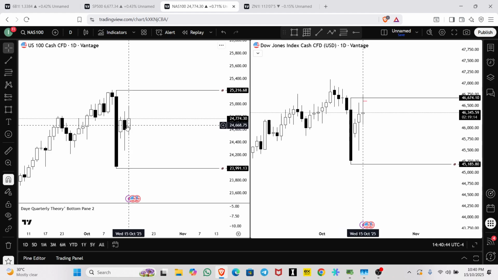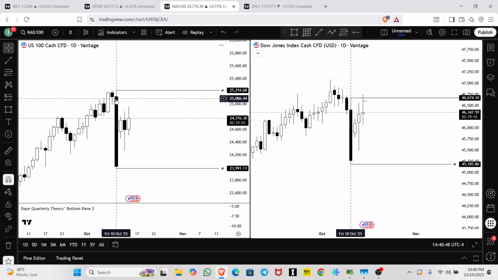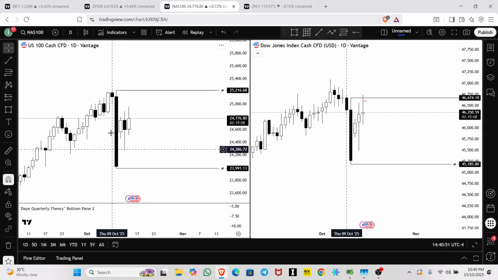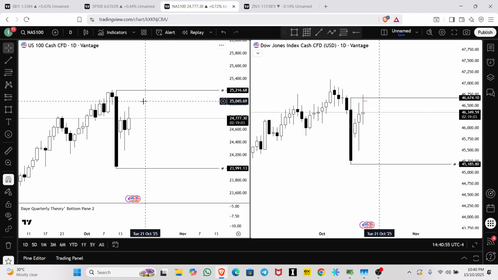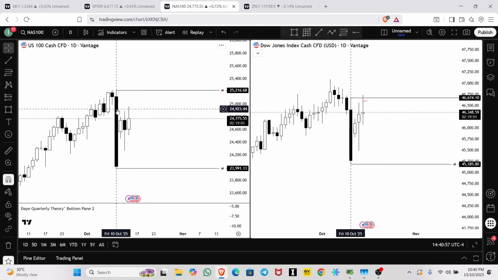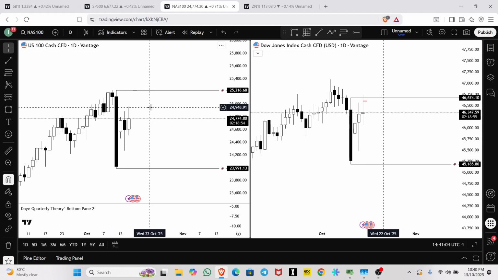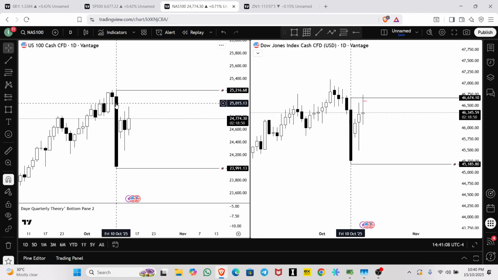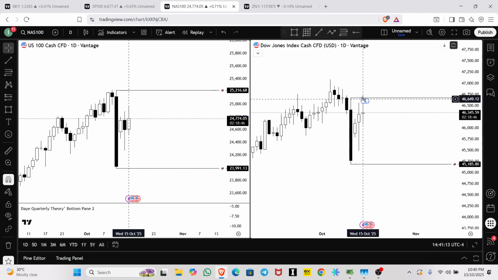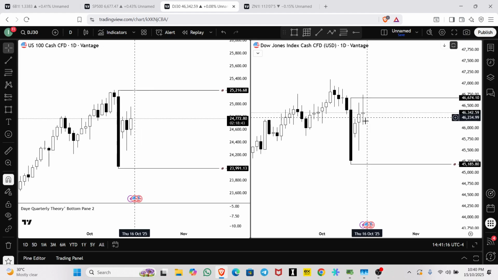Monday was an inside bar, Tuesday was an inside bar, Wednesday also is an inside bar of the Friday's range, right? And for you to understand, the range of Friday holds a lot of liquidity because Fridays are usually used for reversals or the trading back into the range. While we have Nasdaq showing us inside bars, we had the Dow trading into it.